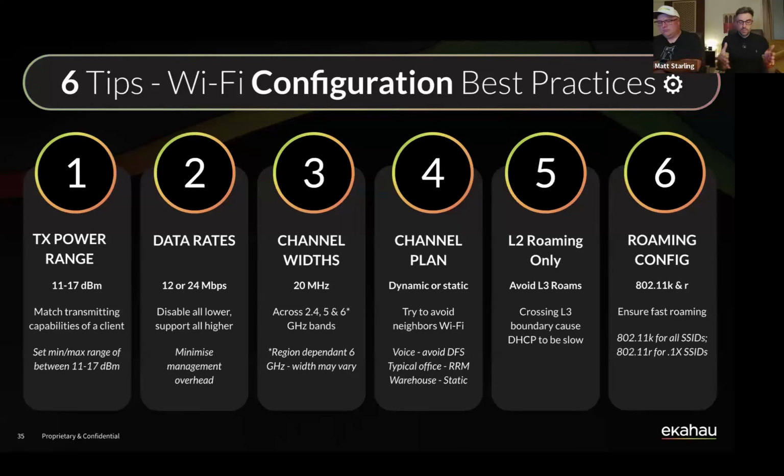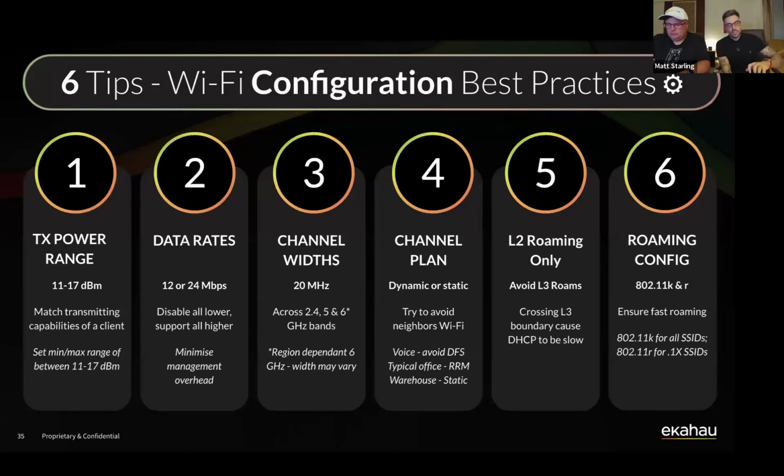So that means there'll be no guardrails or restrictions on the transmit power that your radios could use. Sometimes it can be anything as low as 1 dBm all the way up to 20, 25 dBm. And why that can be a problem is because if you've come up with a great design and all your access points are using 11, 14 or 17 dBm, and then your actual access points, when they're deployed, are using a vast range of 3, 5, 15, 18, 21, whatever, then your actual Wi-Fi deployment isn't going to match your design.